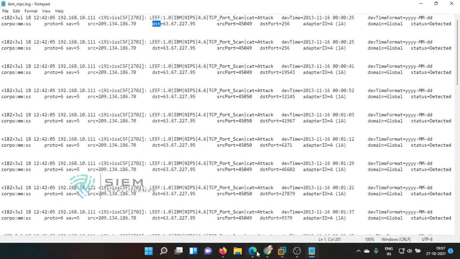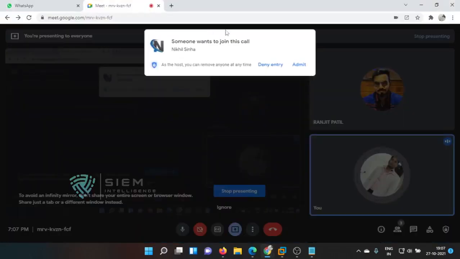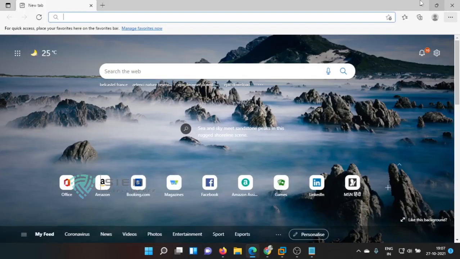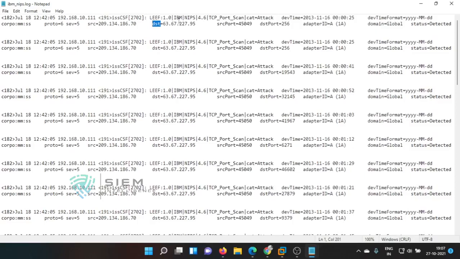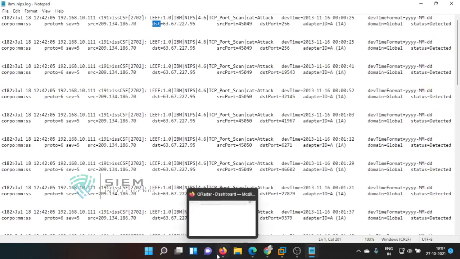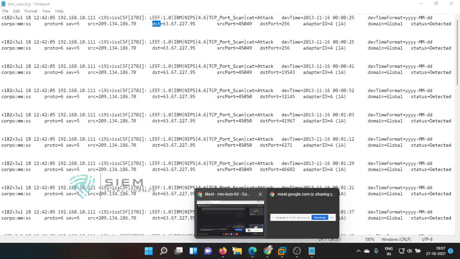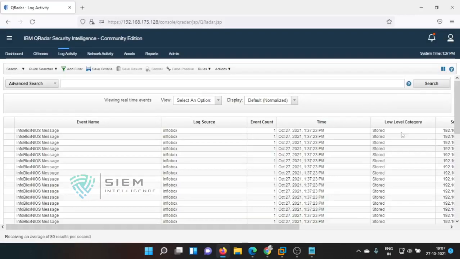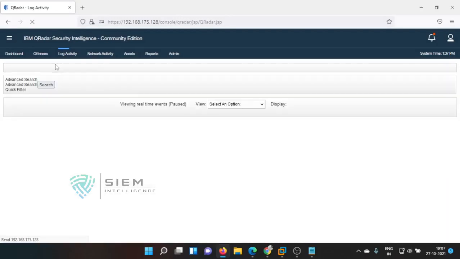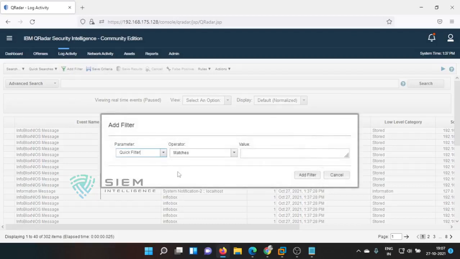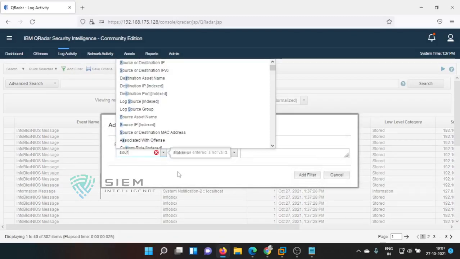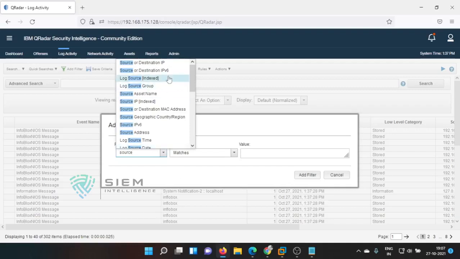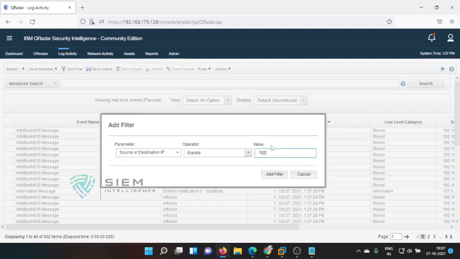Like that, we have used some of the things to set up our IBM NIPS DSM editor by using some of the events. We got some unknown logs yesterday, so I'll show you those again, so we can come to know. I'll stop, add a filter, where source or destination IP is 192.168.10.111.